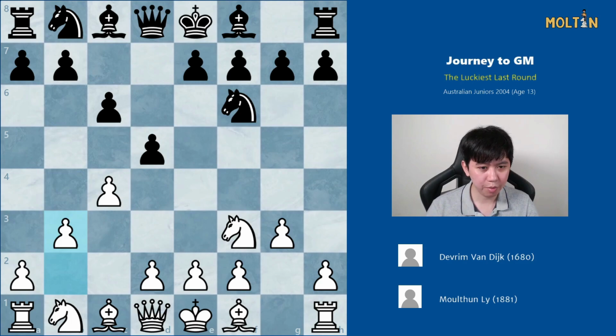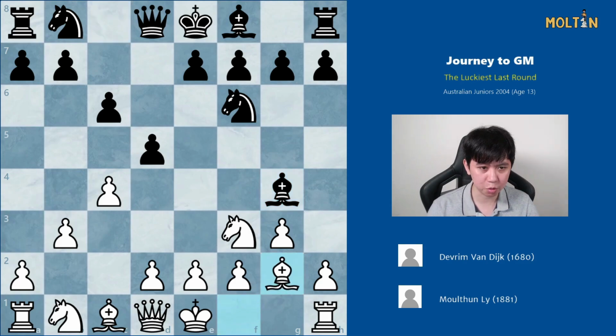Here I thought I got my move order wrong though, because after the move Bg4, I was under a lot of pressure. I didn't see a way to defend the knight and also defend against the threat of Qd4 coming later. After a very long think, I played the move Bg2 because it looked like the most natural. And after Bxf3,